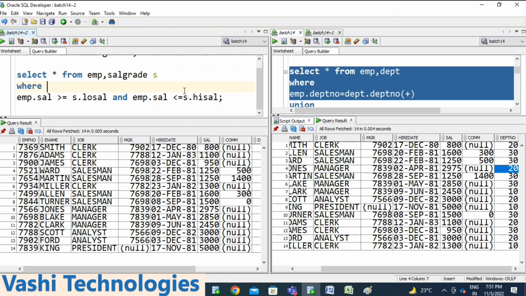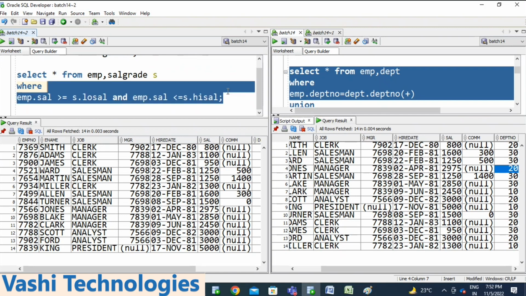Okay. This is about the joins. So we learn about inner join, what is join, what types of joins we have. If you are not mentioning a join condition, if you are trying to retrieve from more than one table without mentioning the join, it goes for the cross join. If you mention this particular condition, it will display the matching records or non-matching also. It won't give any unnecessary values or duplicate values.